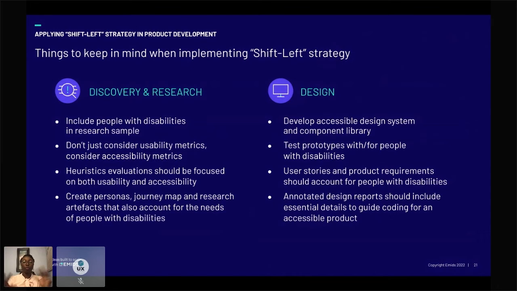And so during these two major phases that I just discussed, how do we make sure that we build accessibility into our discovery and research or design phase? First of all, it's important that when we're conducting research, we include people with disability in our research sample. If you're familiar with user experience research, it gives a lot of benefits when you do that groundwork, that initial discovery phase of understanding the user's need